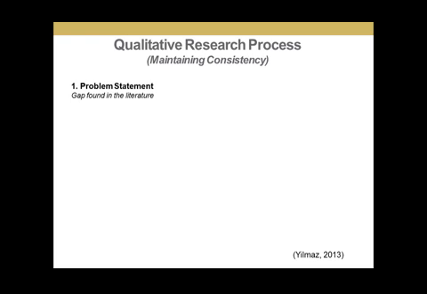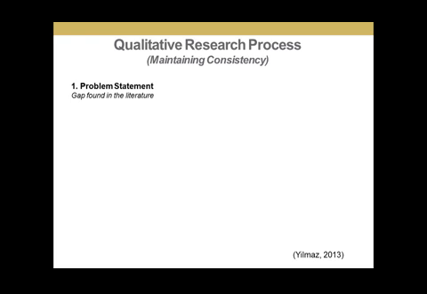Okay, so what I'm going to do right now is give you a big picture of the process when you are conducting a qualitative study. Always think about consistency, because you are making sure that any action you take in a qualitative study is consistent. So as always, you start research by identifying a problem. You can identify a problem based on your personal experience, or based on what somebody has told you, or based on what you have read.